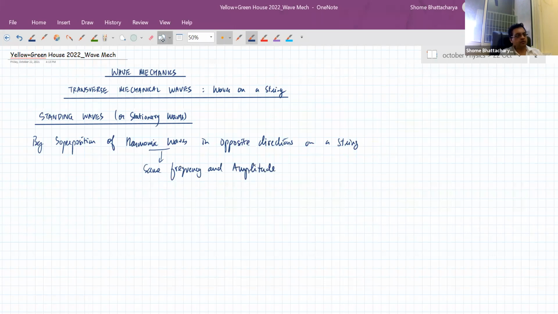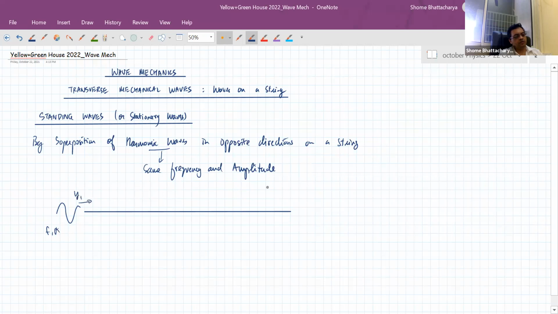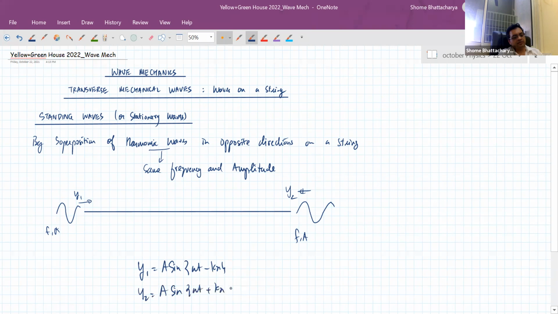So we have, on a string, a wave traveling from this side from a source which is of frequency f and amplitude a, and similarly a wave traveling from the other side from a source of the same frequency and same amplitude. So if y1 is a sine(omega t minus kx) and y2 is a sine(omega t plus kx plus phi), and let us take phi